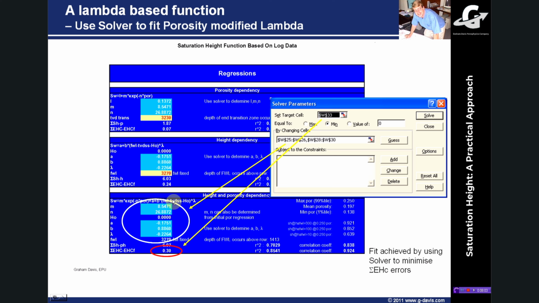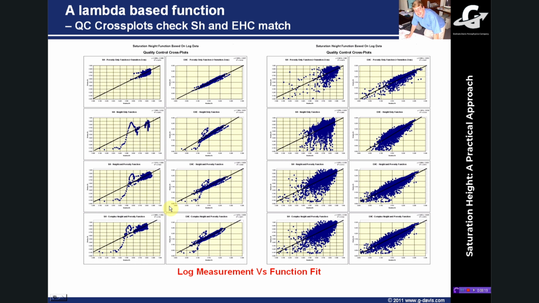I wanted to see if I could get an extra degree of freedom sometimes when I have an entry height effect, but most of the time this is set to 0 and I just regress and change these coefficients here, and I find that generally the lambda function is nice and stable. I press solve and it gives me a nice set of equations and fits, no problems at all.